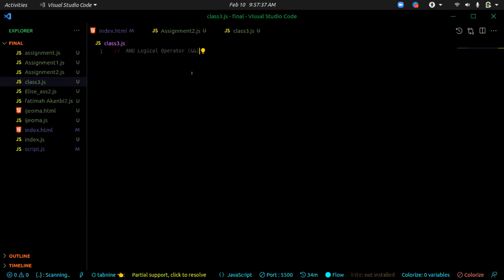Okay, so the way logical operators work is that let's say you have a condition that you want to satisfy, but that condition is not the only one. You want to have another condition too that has to be satisfied before something runs. That's when we need the and logical operator. So let me write a short note. The and